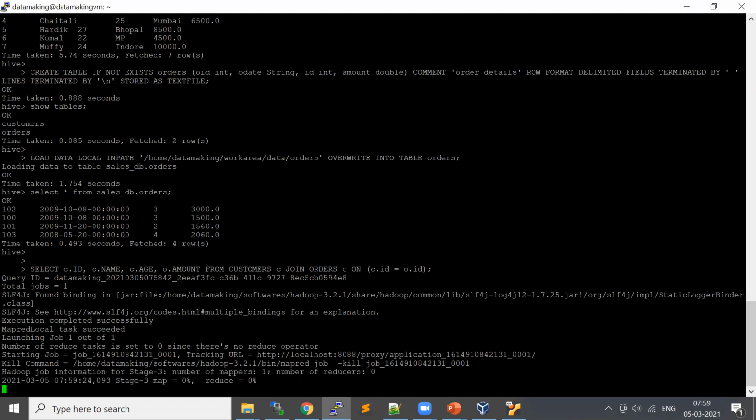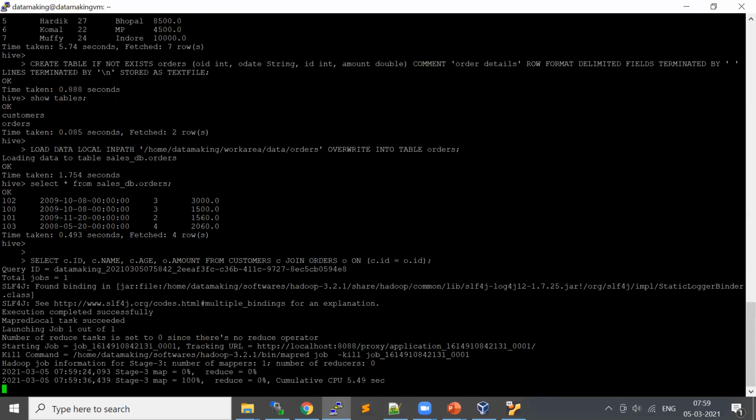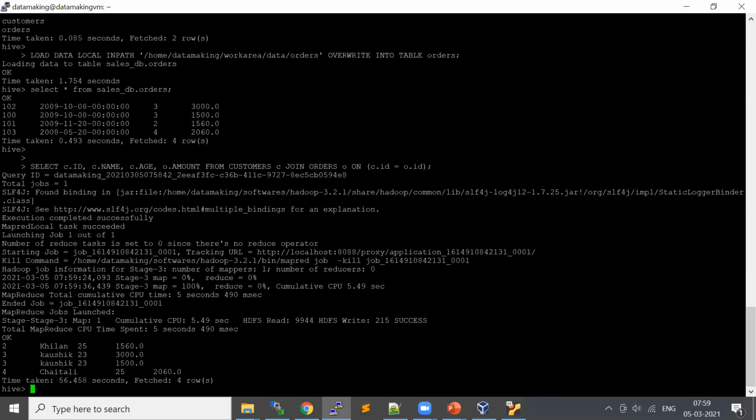I will tell you a few more things. As I mentioned, when you run a Hive query, it is going to translate into a MapReduce job based on your query. There are two basic things you need to consider: the map task and the reduce task.